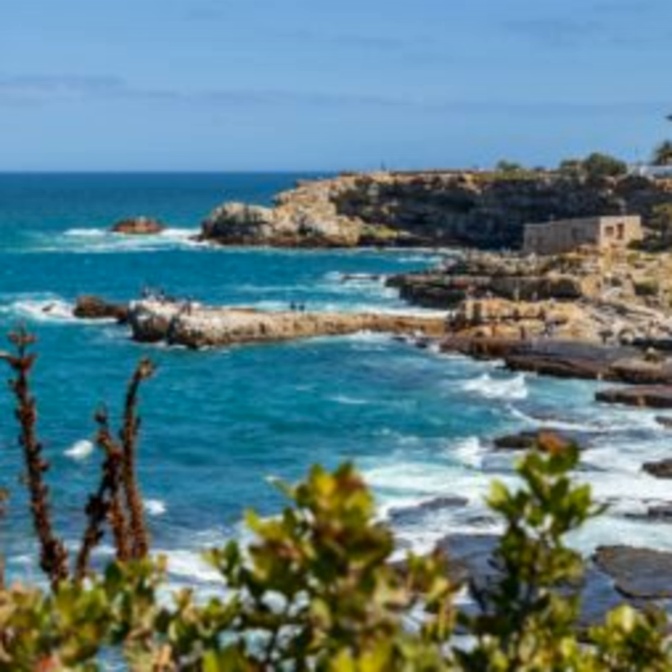Hemel-en-Aarde Valley. Indulge in some of South Africa's best wines. Heaven and earth, the name says it all. The Hemel-en-Aarde Valley is where you'll see old vineyards that roll across the valley, tall mountains and a patchwork of farmland. Hemel-en-Aarde is Hermanus wine country, and it is home to family-owned boutique estates and some of South Africa's finest